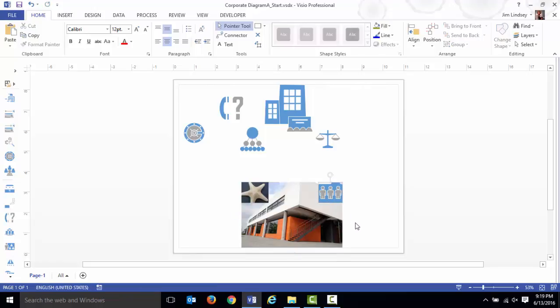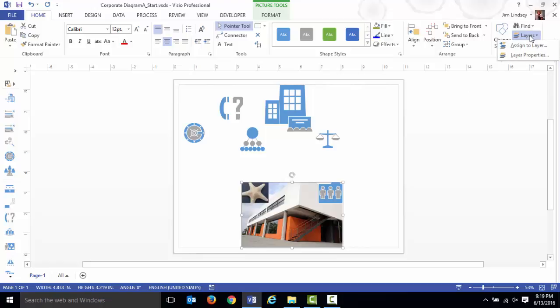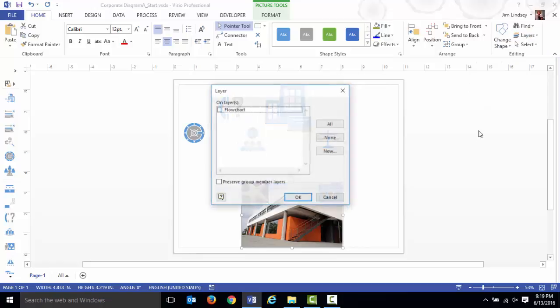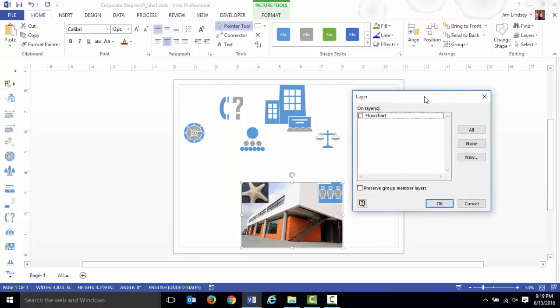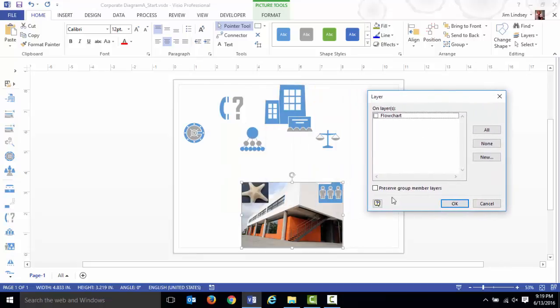And so what I'm going to do, I'm going to select this picture first, and I'm going to go to the home tab up here. On the far right, there's this editing portion of the tab, and you can click on layers. And I'm going to assign this to a layer. Right now that picture is a part of the flowchart layer, because this whole drawing is a type of flowchart. It's a weird kind of flowchart, but